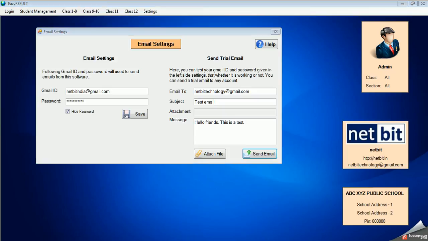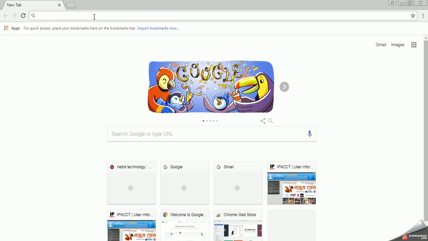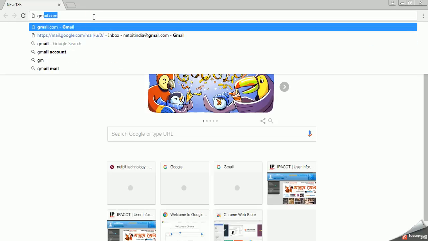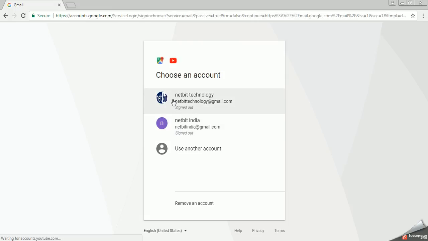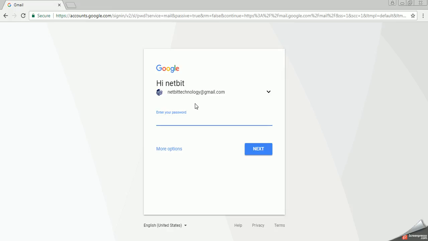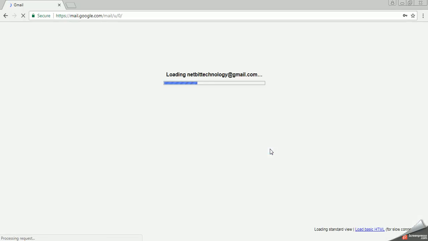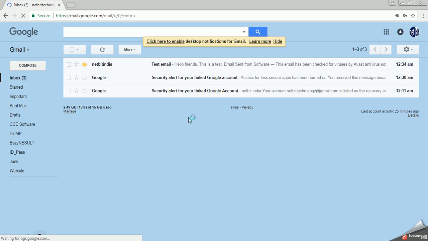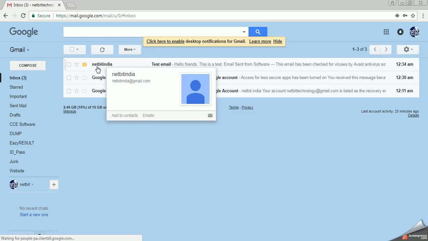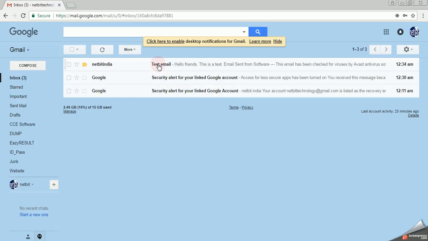For that, what I have to do, I have to log in to my official account, NetBit Technology. Yes, I can see one email here which I have received from NetBit India, and this is the mail.